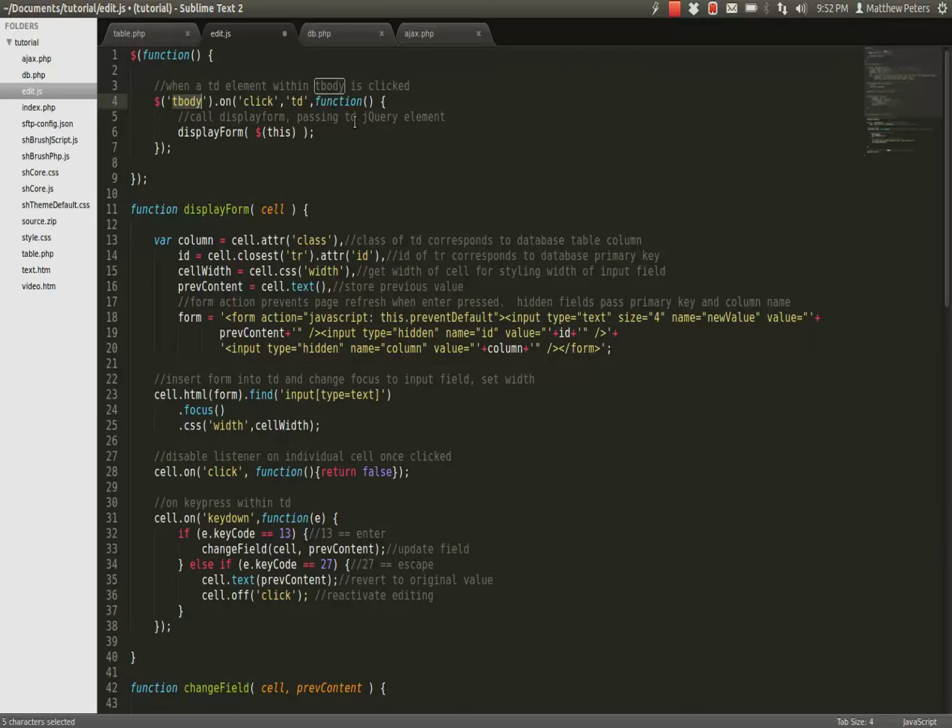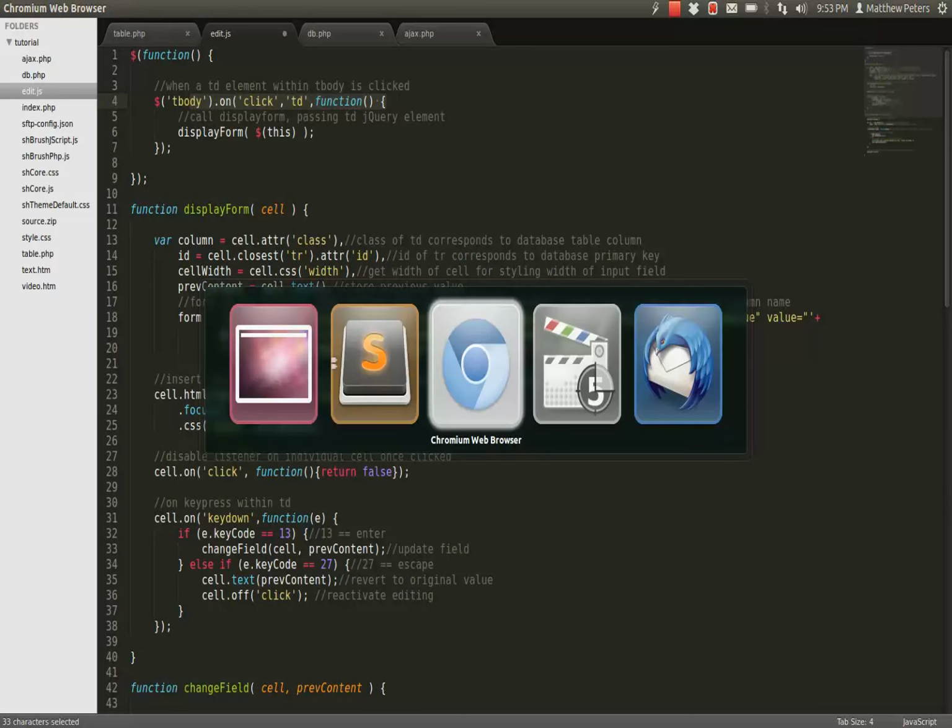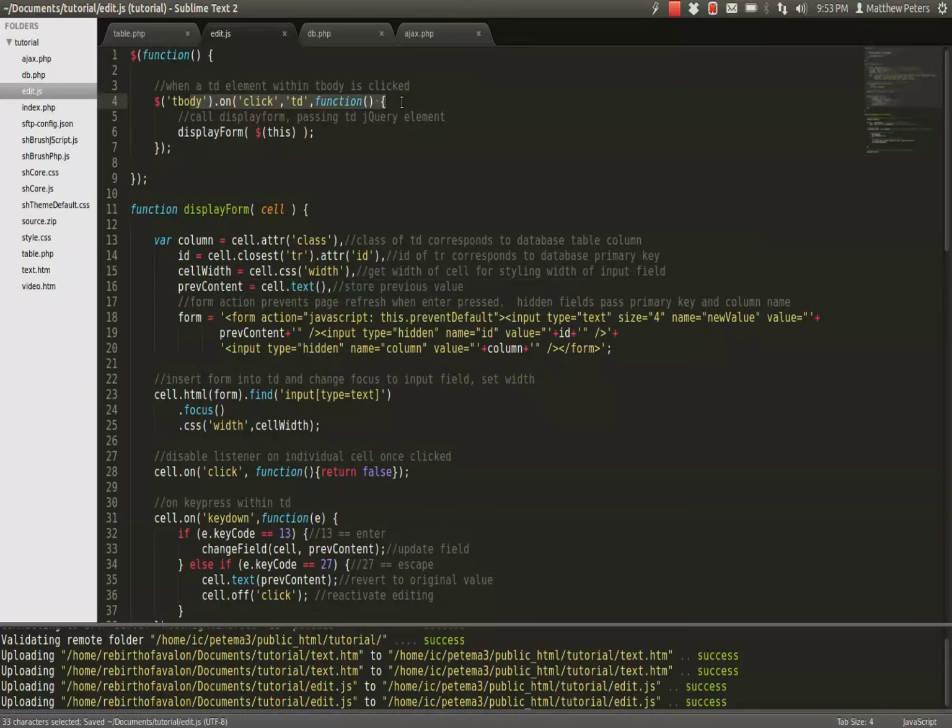So that is also the reason that we had done the on-click return false, is I was doing that for the delegated method, but I didn't actually delegate it when I originally did it. So basically, we are attaching this click handler directly onto the TD, and that's taking the place of this because it's not actually going to bubble up to the tBody as long as you've got an actual event attached to the TD. So we bind this just basically blank click event onto the TD. It stops it from bubbling up and recreating that form when the form's already there, which is what's happening right now. So if I go back and refresh once I've got that saved,